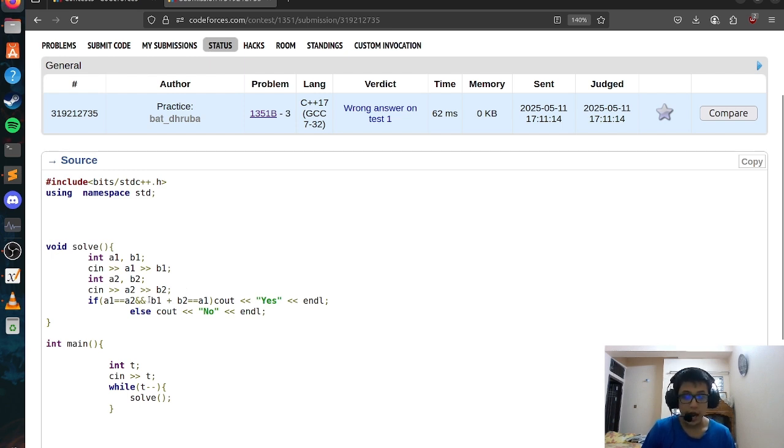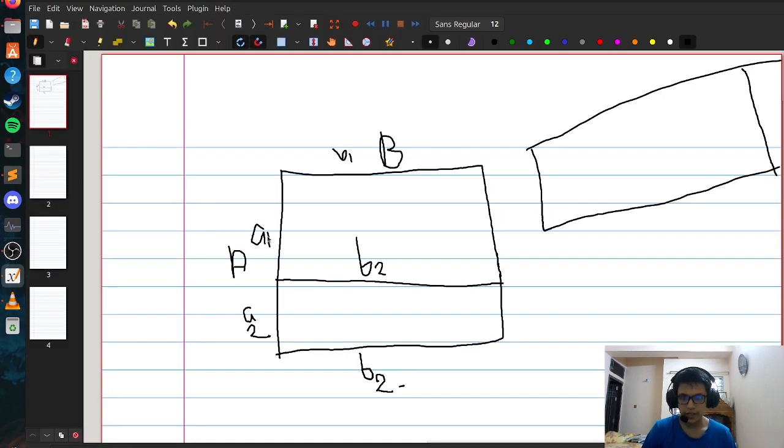Here, I assume that A1 and A2 is the length and B1, B2 is the width. For example, here I took A1 and A2 as the width, B1 and B2 is the length. Okay. Here, what I did, actually,